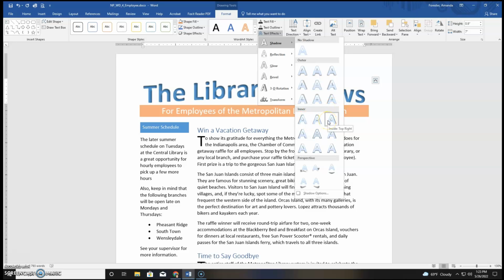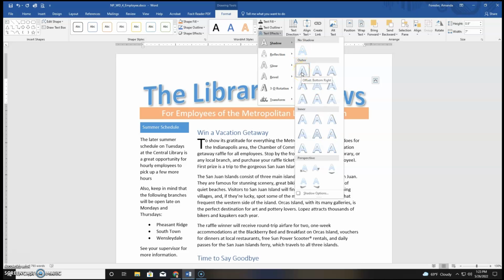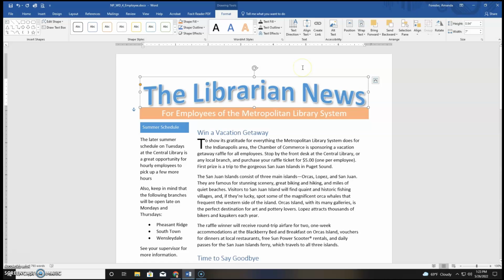one of these here on the, let's see here, oh, offset outer, hello, offset bottom right, there we go. We're choosing this one, so first one on the left down out of the no shadow options. Got it. All right, then we are going to move down to, we're going to leave our title, title's good,